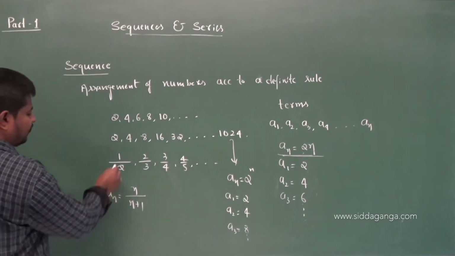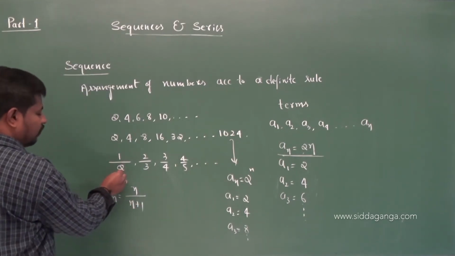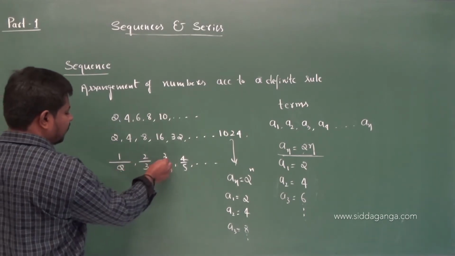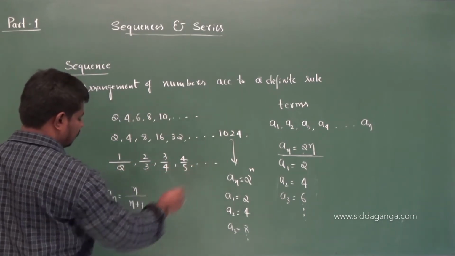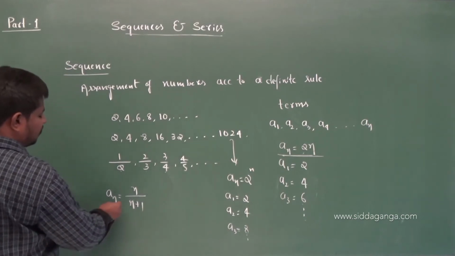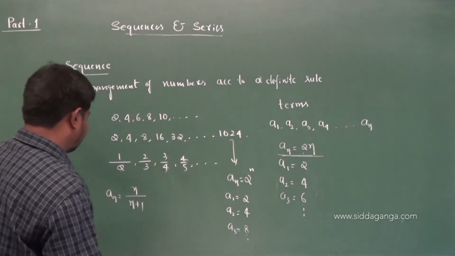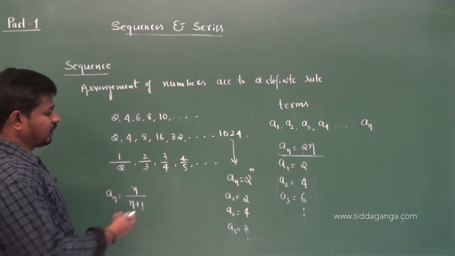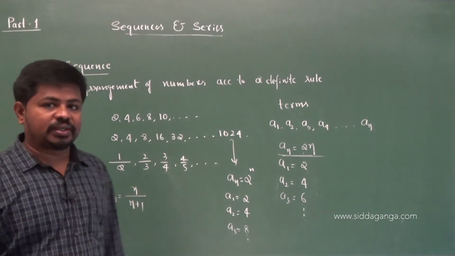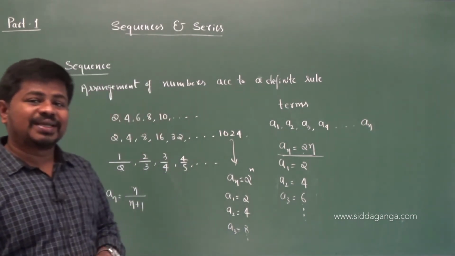Observe the pattern here. If you take it as n, this becomes 1 plus 1, 1 plus 1, 2, 2 plus 1, 3, 3 plus 1, 4, 4 plus 1 and so on. So this is the nth term of the sequence. By using this, you can find any term, for example the 20th term or 50th term and so on. Hope you got the statements. This is about sequence